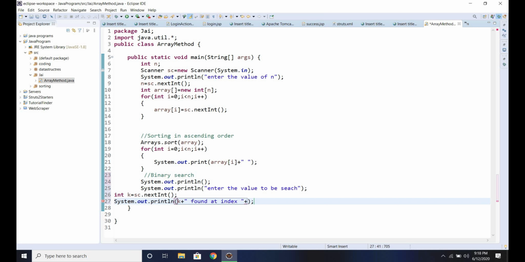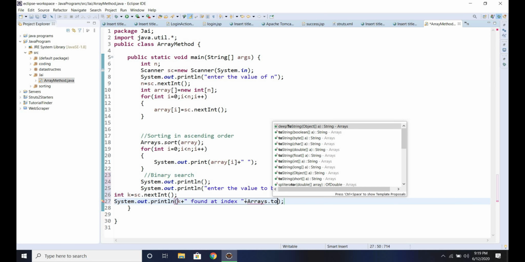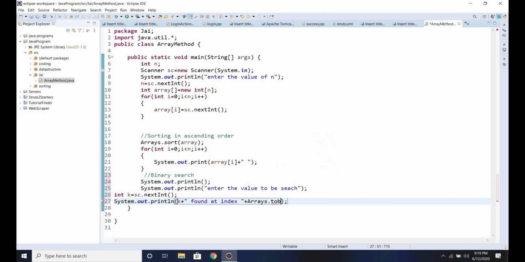and after that we will write Arrays.binarySearch. Inside parentheses we need to pass our array, and the key will be k. So k will be our key, and it is showing some error.